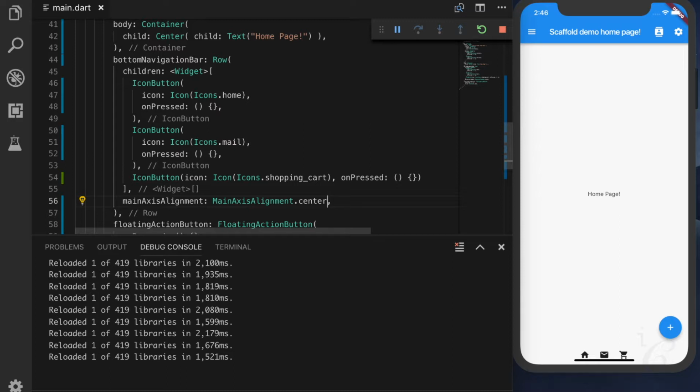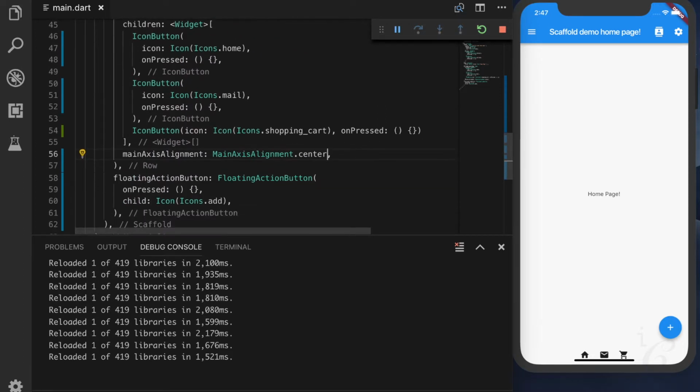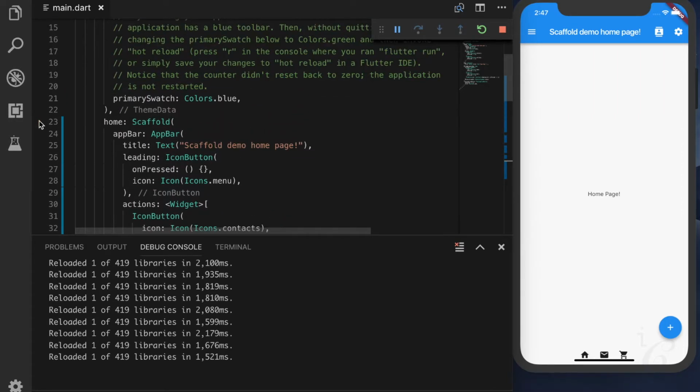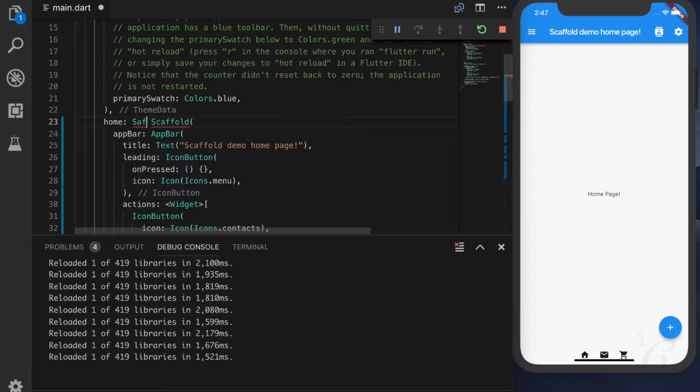But there is another thing which could be a real concern. Assume that you have a device wherein this entire application is stretching up to the edge of the screen. If it is obscuring the screen or other functionalities, then a quick way to fix that is wrapping it in the safe area.